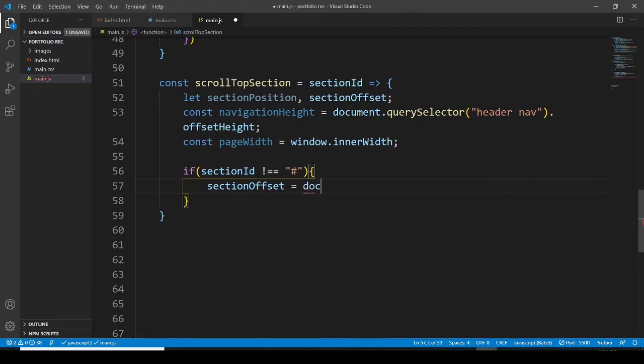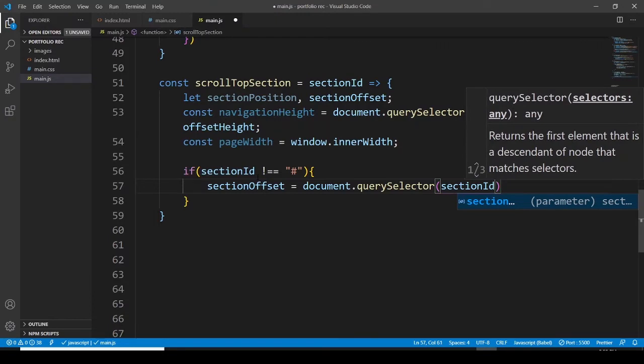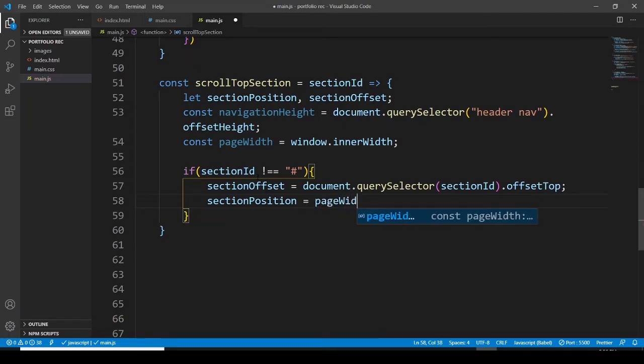is going to perform, let me say, document is going to use this query selector method, and the section ID, let's say offset top, and the section position is going to have a page, the page width,